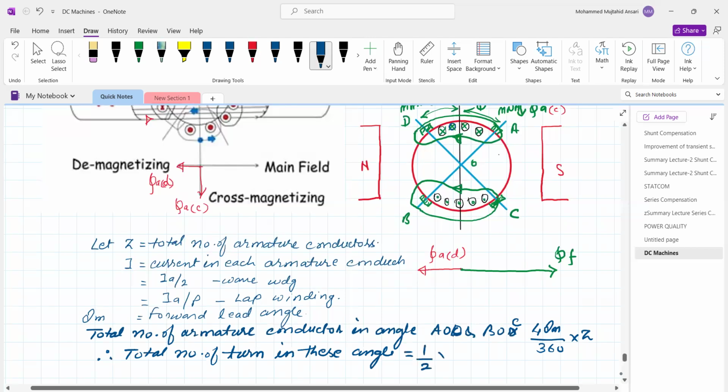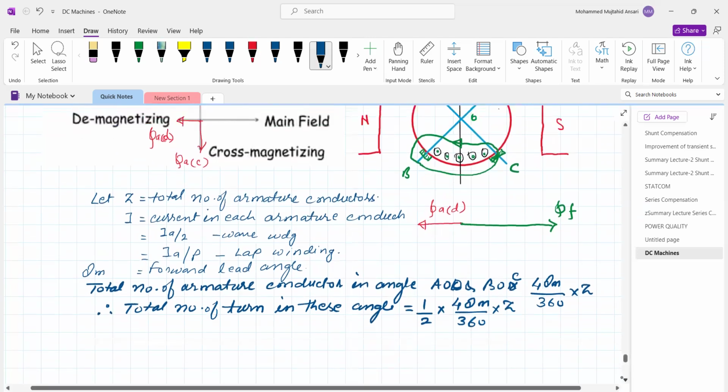So 1 by 2 into 4 theta m upon 360 into Z, which is equal to twice theta m upon 360 into Z. So these are the total number of conductors. Therefore,